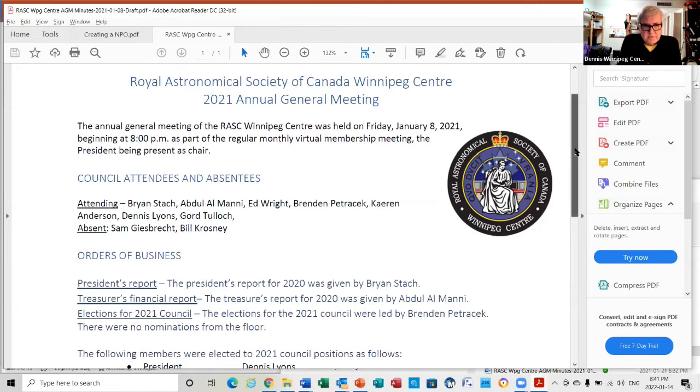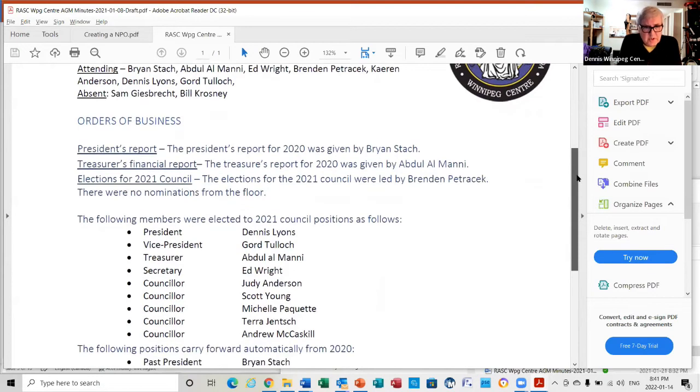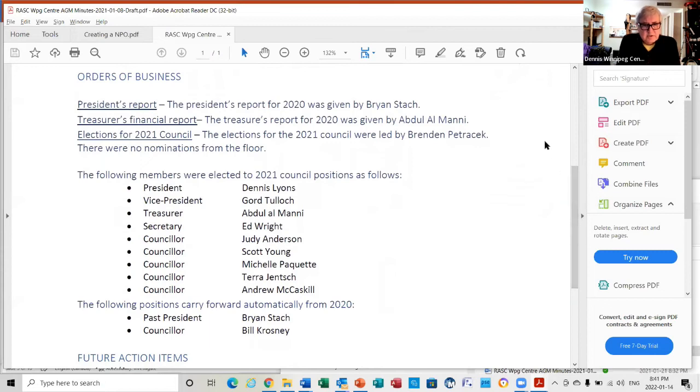Order of business: the president's report for 2020 was given by Brian Stack. The treasurer's financial report for 2020 was given by Abdul Amani. Elections for the 2021 council were led by Brendan Petrusett. There were no nominations from the floor. The following members were elected to the 2021 council positions: President Dennis Lyons, Vice President Gord Tulloch,